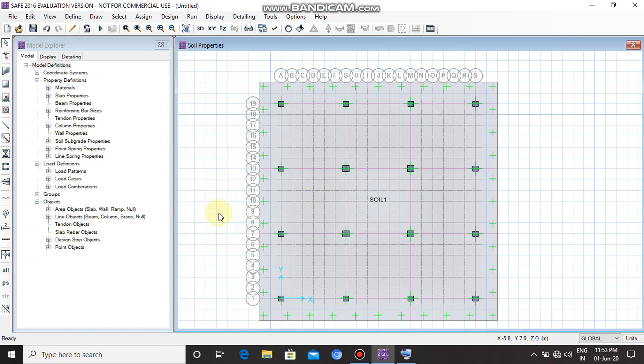Individually apply the dead and live load on each point of the column. Select the first point of column 1.